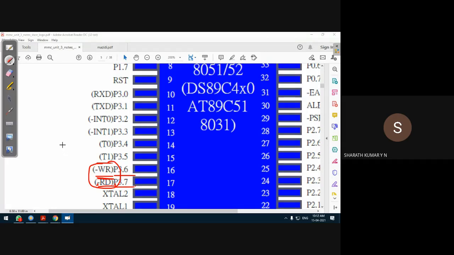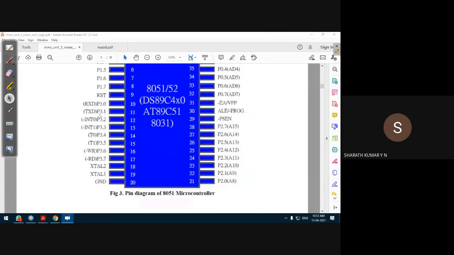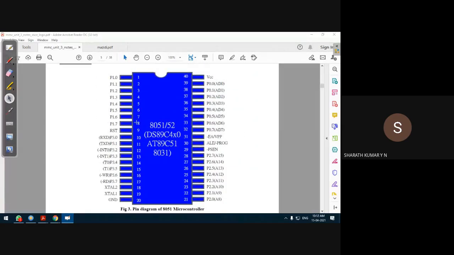Of course, the pins are not clear at this point, because all are very new concepts. But we'll go into detail. We have to discuss all the pins and all the functions in detail anyway. In fact, they happen to be separate chapters, separate topics in our course. Along with this, 32 pins correspond to port pins. I'm sorry, that's of the 40 pins, so they are left with 8 pins.